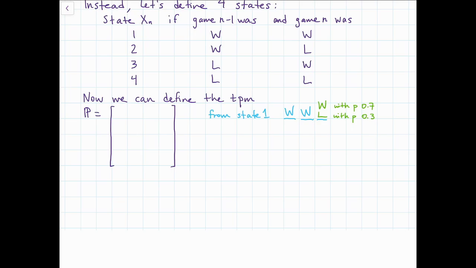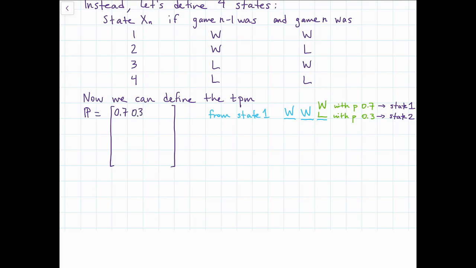That was from the value that we were given above. Because they're on a winning streak, they've won the most recent 2 games, they have a 0.7 chance of winning the next game and thus a 0.3 probability of losing. If we win, then the most recent 2 games are win-win, which means that we're in state 1, because win-win in a row corresponds to state 1. But if we lose, then what state are we in? Looking at our chart, we're in state 2. So from state 1, we go to state 1 with probability 0.7 or to state 2 with probability 0.3. We can put those values into the transition matrix here.